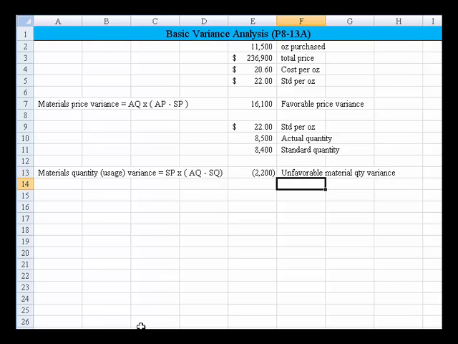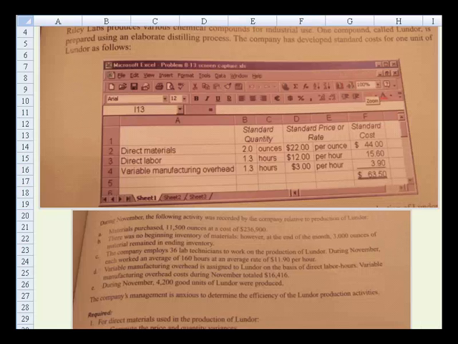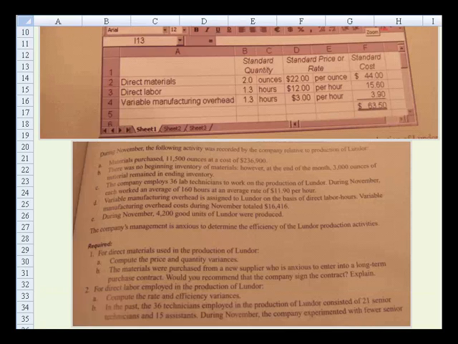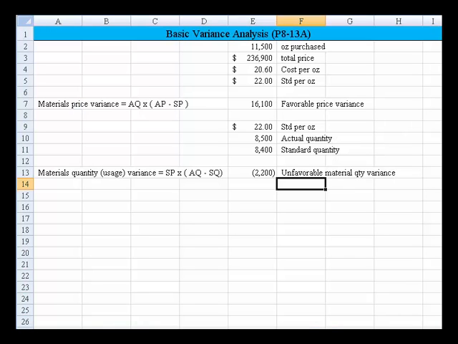Okay, that takes care of part 1A. Now, on 1B they say, slide on down, the materials were purchased from a new supplier who's anxious to enter in a long-term purchase agreement. Would you recommend we do that? Well, just based on our information that we've got, a favorable price coupled with an unfavorable material usage,